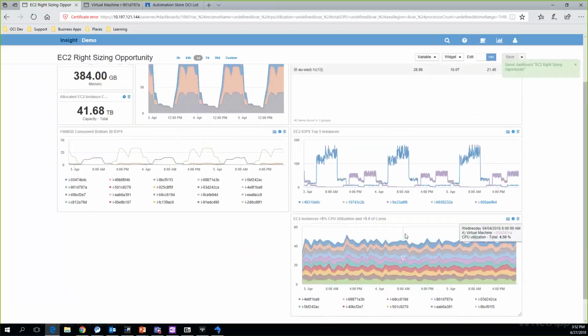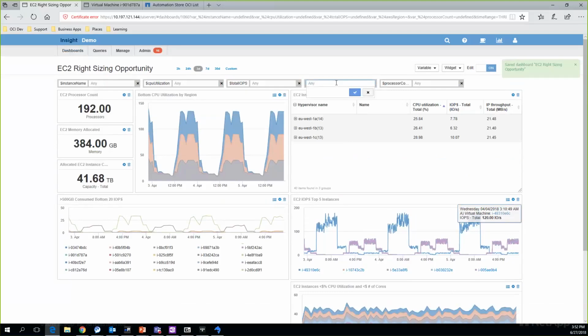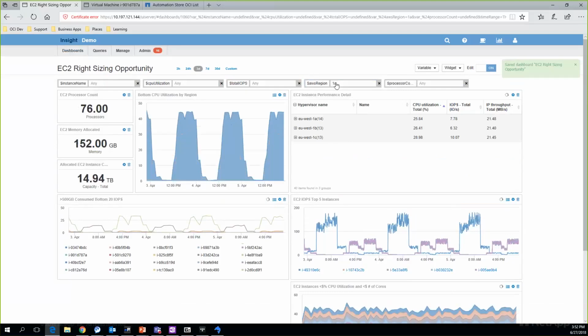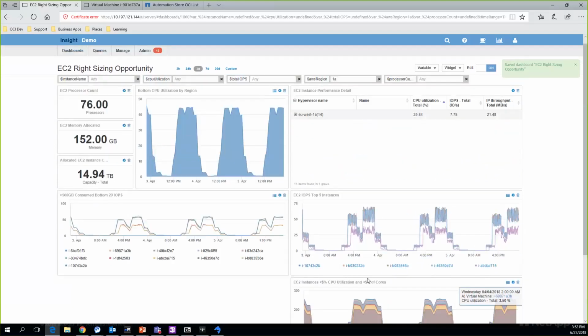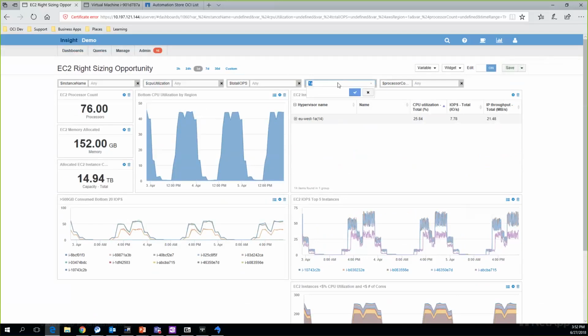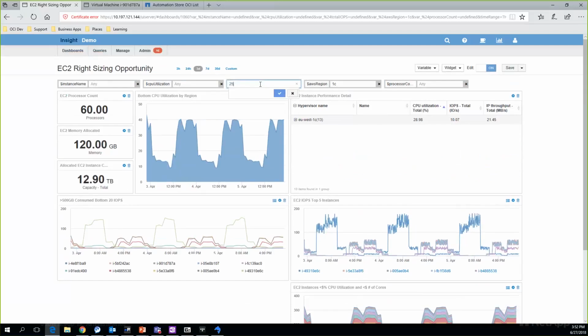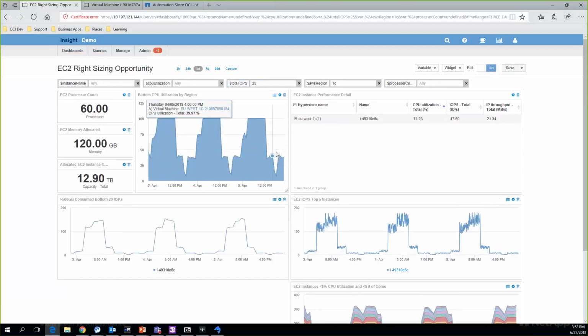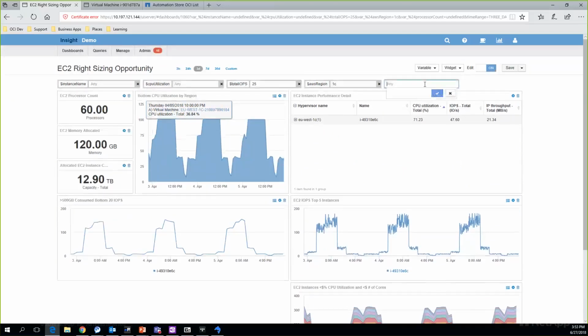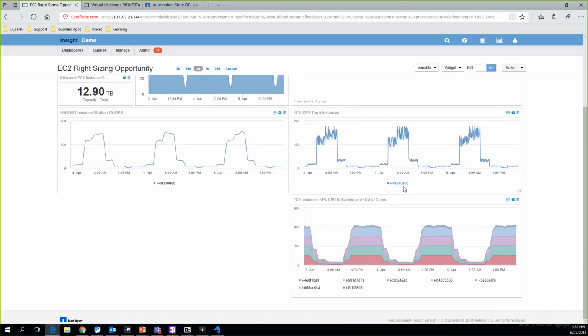So it looks pretty busy at the moment, but again, as soon as we apply a filter, we have a few actionable things to examine. And so if I were to also say things producing more than 25 IOPS and with a core count greater or less than that of 4,